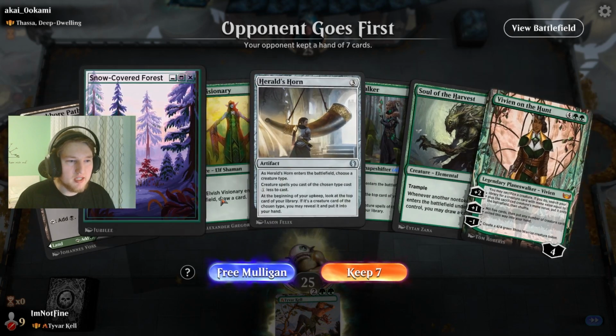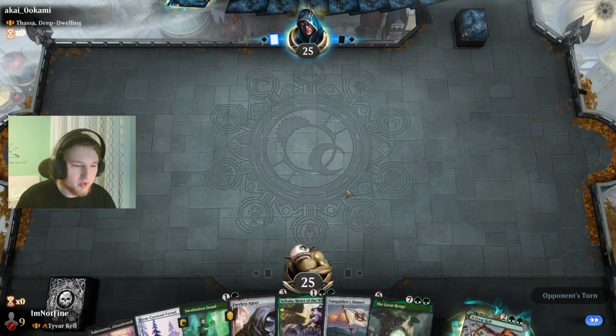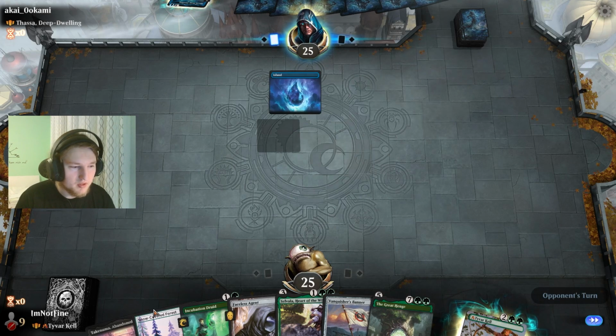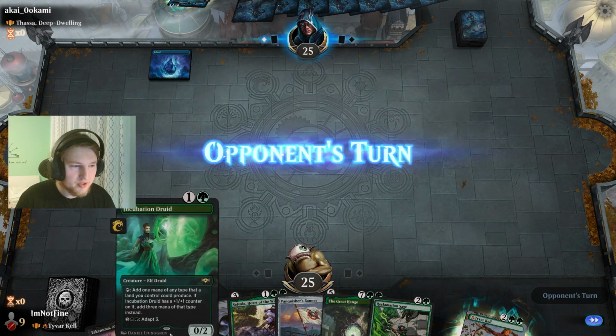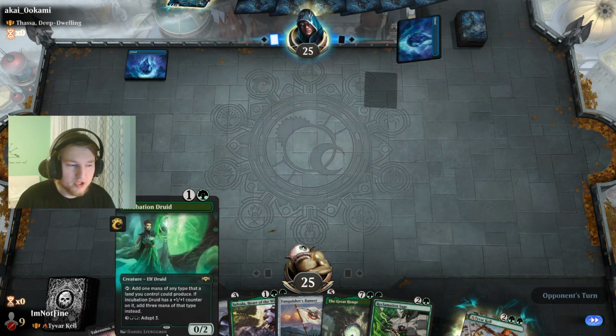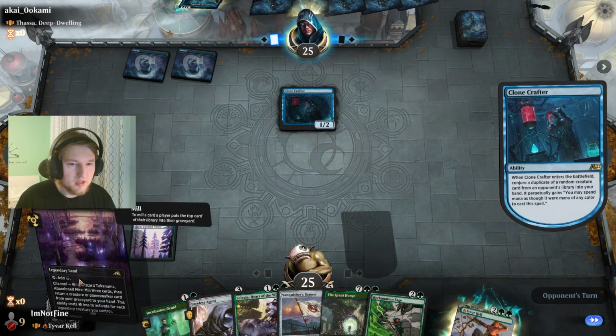So I think this hand can be faster, right? Yeah, this is exactly what I'm talking about. Oh my god, yeah, this is a turn 2 Incubation Druid. We want to draw one additional land, right? So it's a turn 2 Incubation Druid, and then